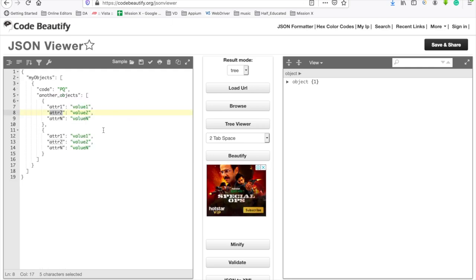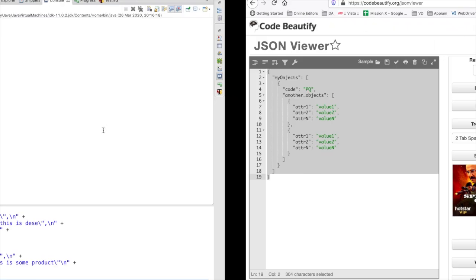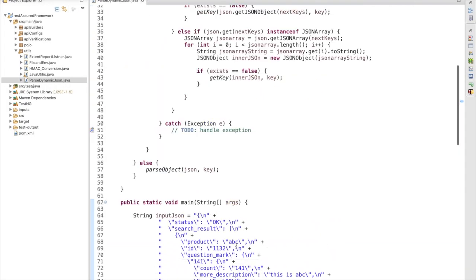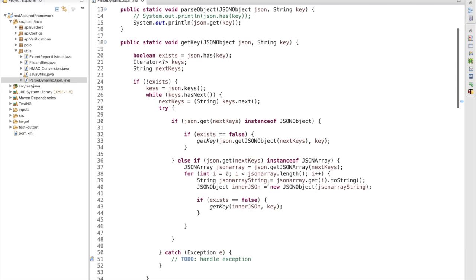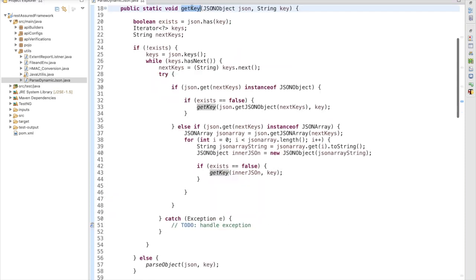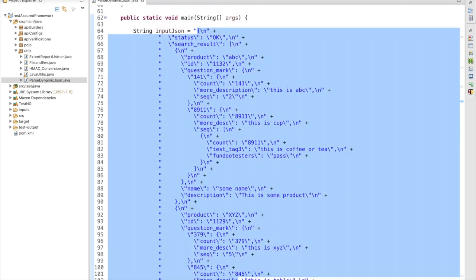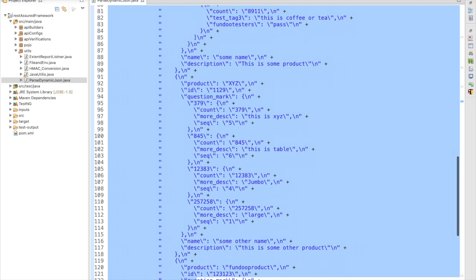Now the important part is, I understand there may be some confusion here. In this part we can have some confusion about why I am using recursive code here. Again I am going to call this method, and this method is going to call this method. So how will it work? Let's debug this code and we'll understand. After that you will have a fair idea.